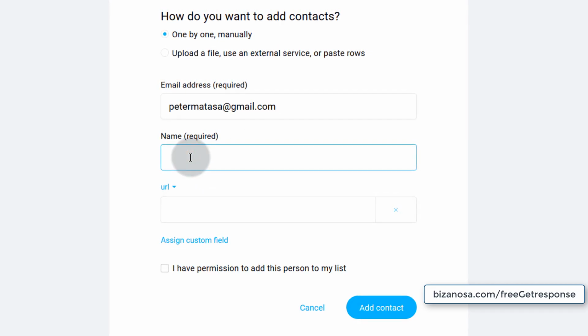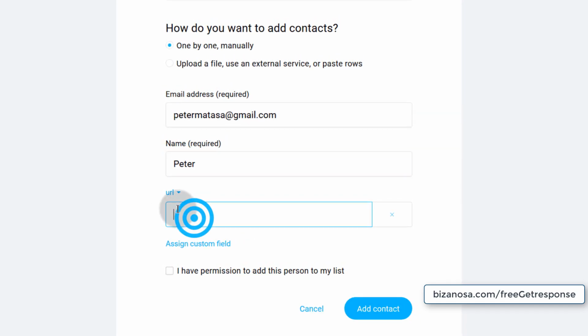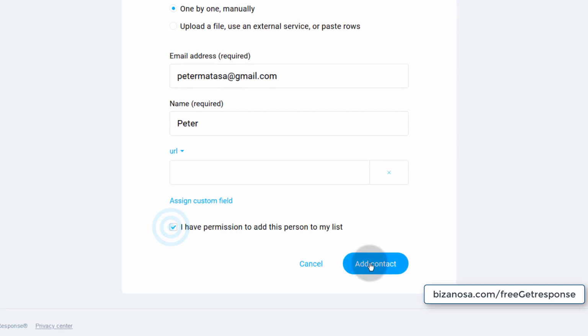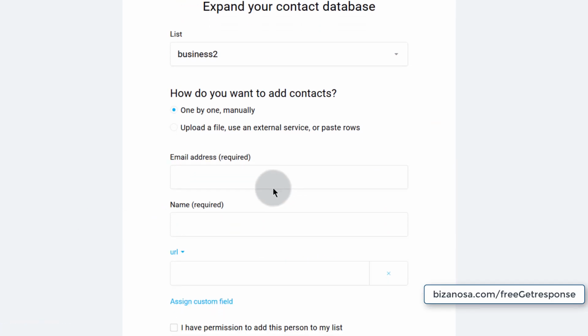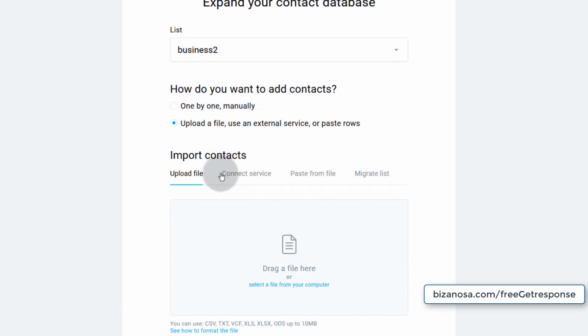And you can give it a name, and then a website. Maybe they don't have a website, so I will just click there and I will add contact. And the next one, now let's say we want to import a list, and I will click here to upload,